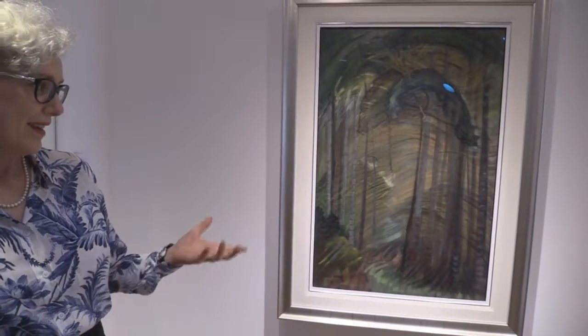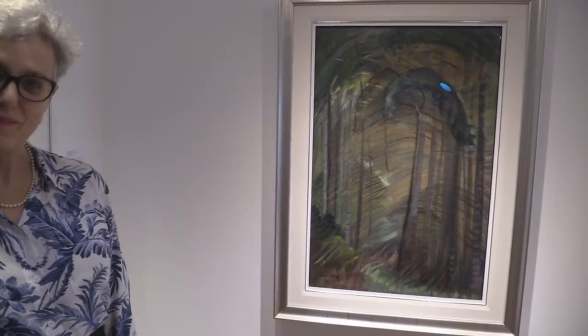So this work has undergone a very extensive conservation process that of course contributes now to its longevity, and it really does look beautiful. It's a work that really speaks to that divine light that Emily Carr was so good at producing. And we'll just take a little stroll around the gallery to take in some of the names and